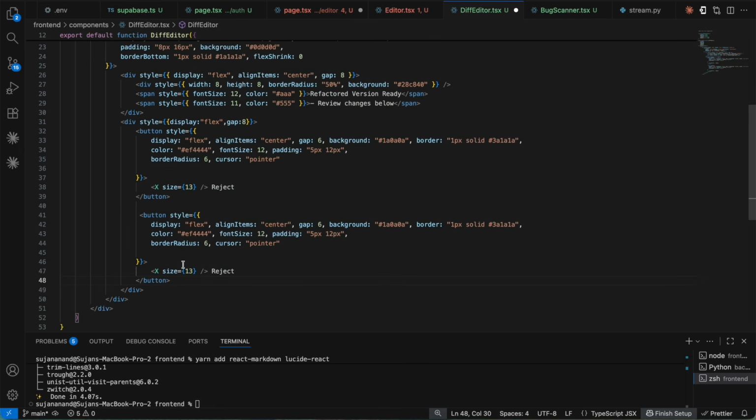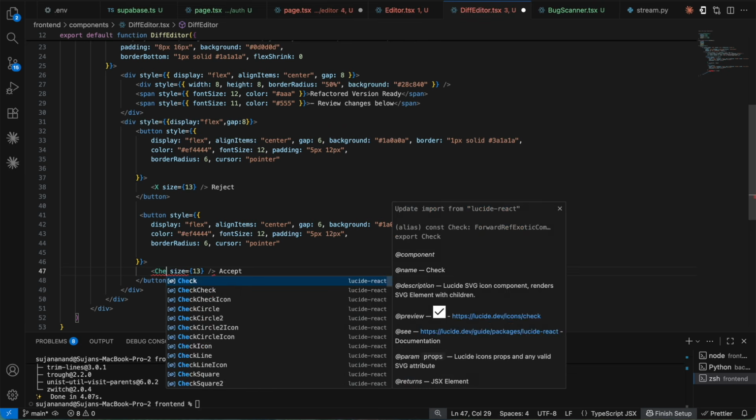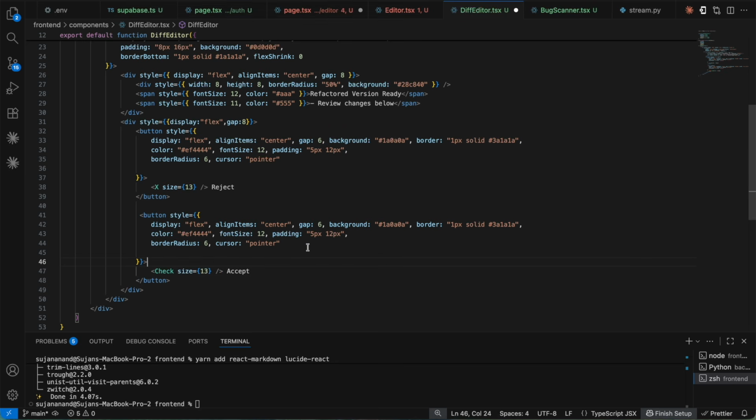This is going to say check, and instead of accept, instead of reject, it's going to say accept over here. So here I'm going to say check. That's it. Everything else is going to remain as is. So next, we're going to have the differentiator overview that is going to be coming from the